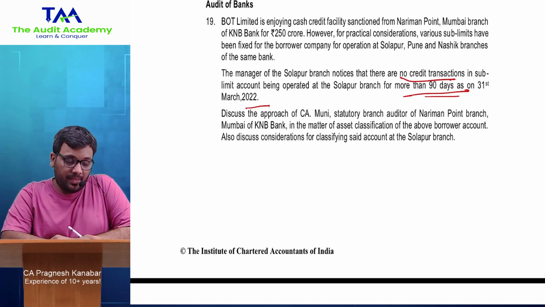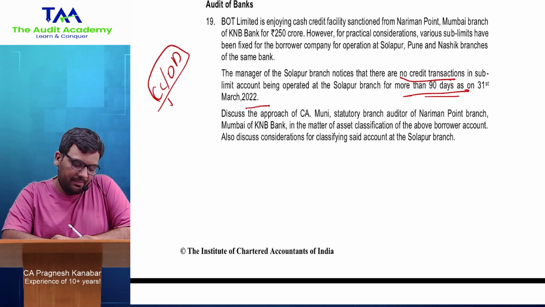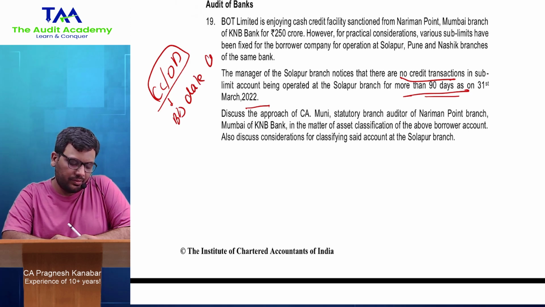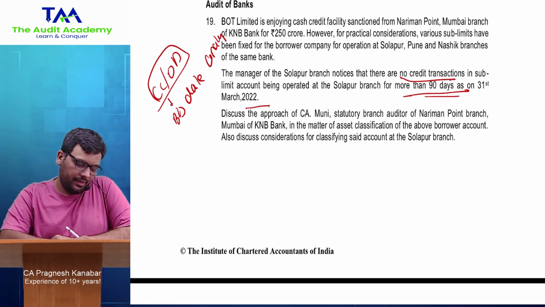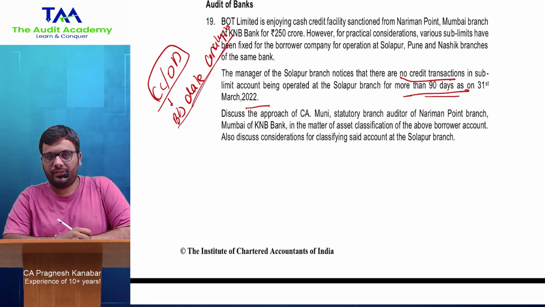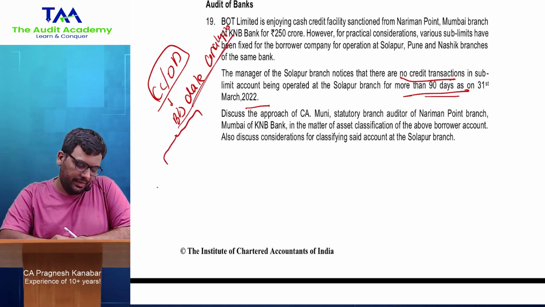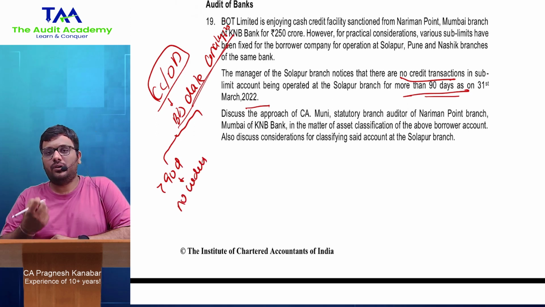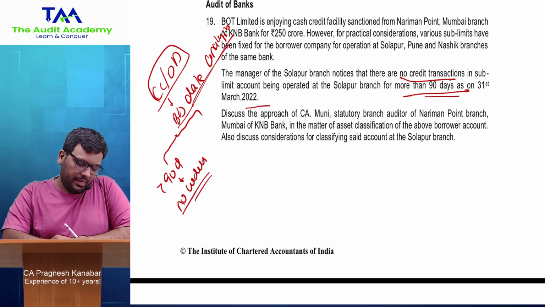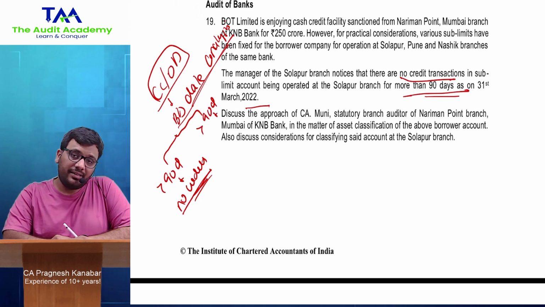तो पहले तो CCOD का पता है ना आपको, बैलेंस शीट डेट पे एनालिसिस होता है. आपको देखना चाहिए ऑडिट ऑफ बैंक्स का वीडियो. All right, now there are two possibilities that for more than 90 days as on balance sheet date there are no credits, यानी कि कोई क्रेडिट्स ही नहीं है, खाली विड्रॉल्स ही हो रहे हैं. And it can be that for more than 90 days credits are there but credits are not enough to cover the interest charged.